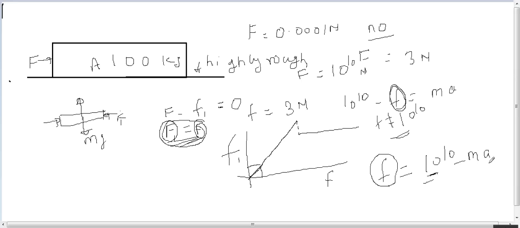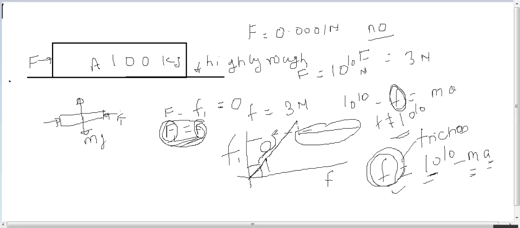If my acceleration is constant and my mass is constant, this friction force is constant. This is the reason I have drawn a constant line, because whatever force I apply, my friction force remains constant. This is my constant friction force. Same thing is happening here, because acceleration is constant and mass is constant, so my friction force is going to remain constant whatever force I apply. Okay guys, in this case, since friction force is equal to applied force,